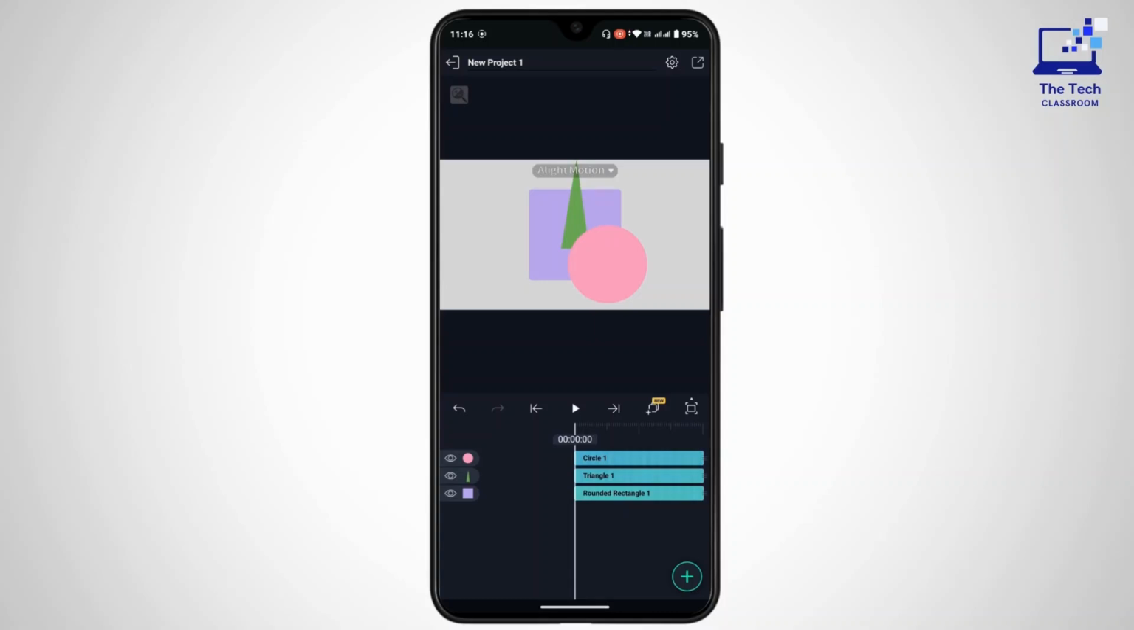In this video we will learn how we can group layers in Alight Motion. So without further delay, let's get started. If you have already opened up your project in Alight Motion, and if you have different layers as you can see on my interface,